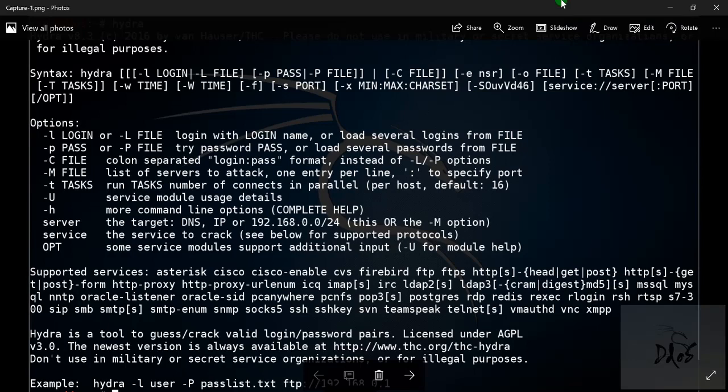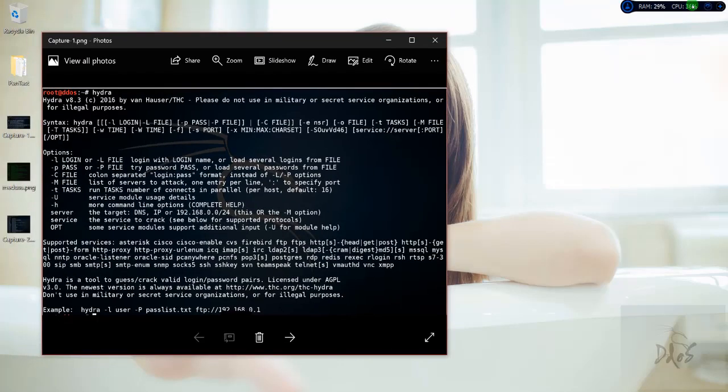In my opinion, here is the best brute force attack tools list. The first is Hydra. Hydra is a very fast, multi-threaded, network logon cracker which supports many different services: AFP, Cisco, Cisco Enable, CVS, Firebird,